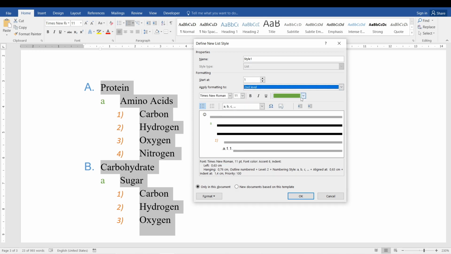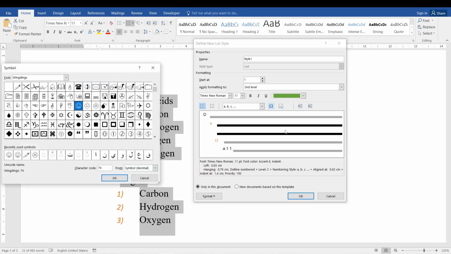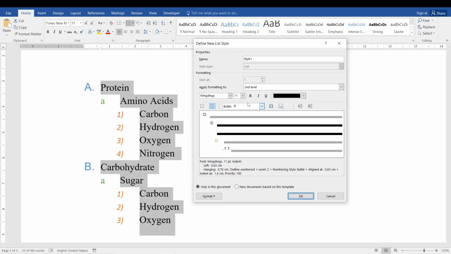We want to apply this, change the second level. Which symbol will we use for the second level? Perhaps this one with the neutral face. Then the third level would be the sad, unhappy face. Yeah. So then this is italicized. You can unitalicize it. You can change the indentation,